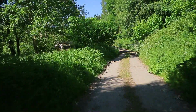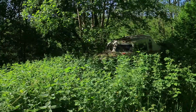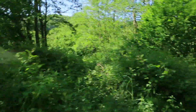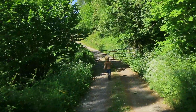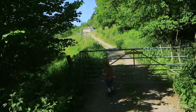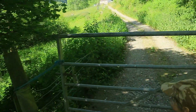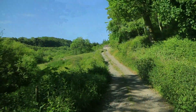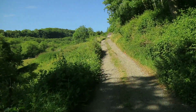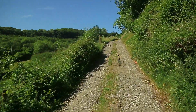Right, so we're coming to the end of the first part of the path, and you'll notice amongst the weeds there's an old boat, and we've come to Nant-Y-Ffrith farm, and you'll notice there's a gate there. You are allowed to go through it. It is a public right of way, so as long as you close it afterwards you'll be fine. So you just need to follow this path up and keep to the left until you get to a gate,